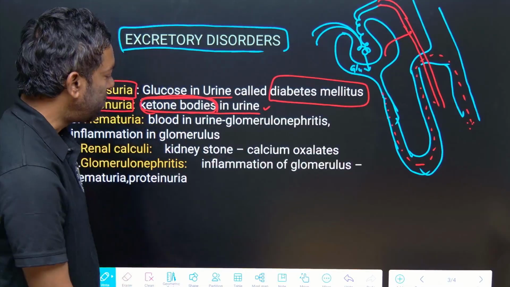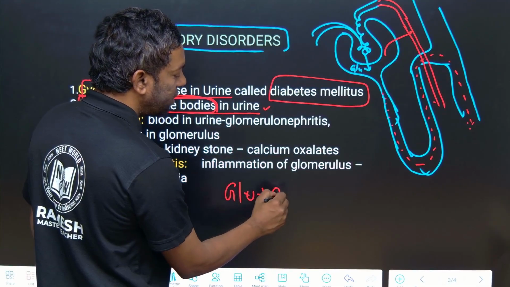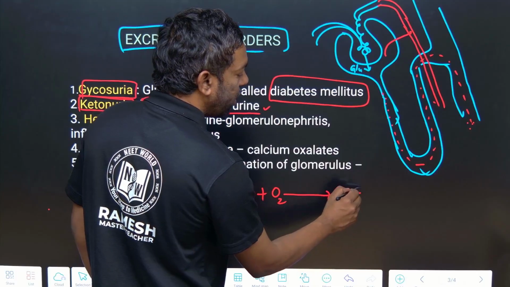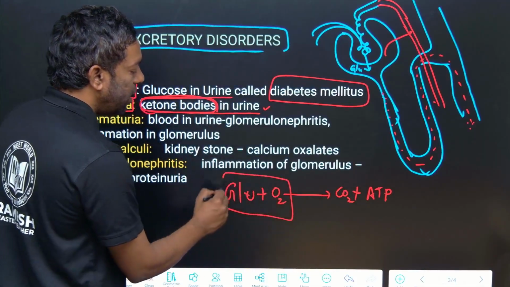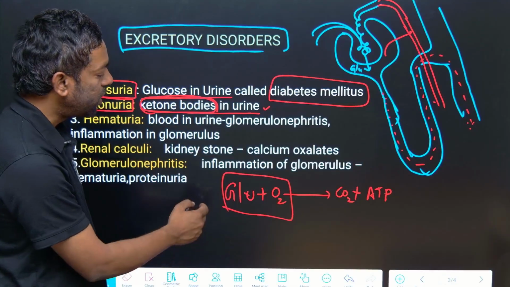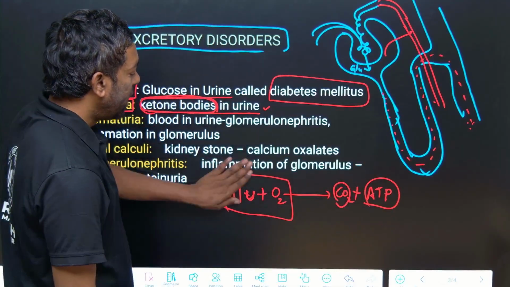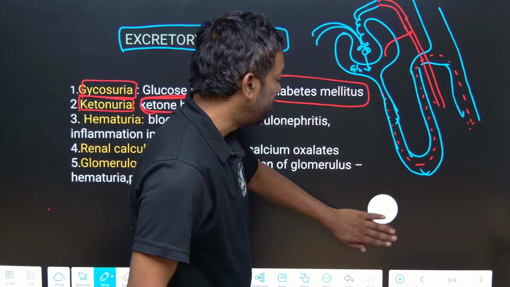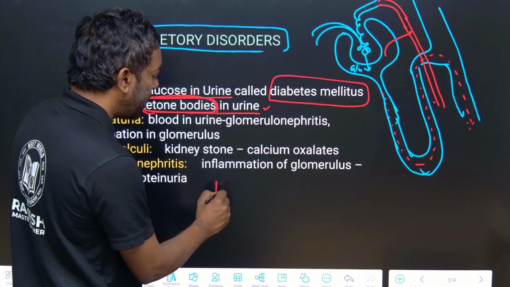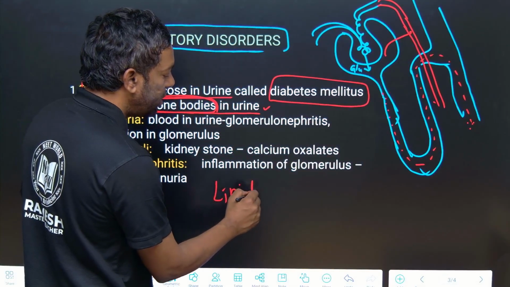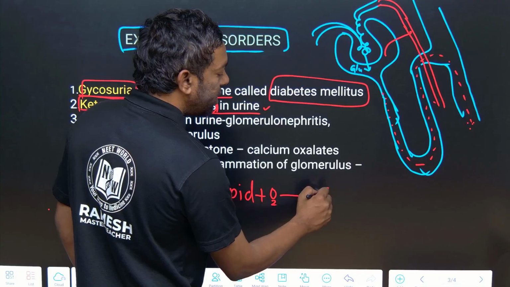Sometimes glucose in the presence of oxygen produces CO2 and as well ATP. Glucose is the energy material, which produces carbon dioxide and ATP. If there is no glucose available, some fats or lipids in the presence of oxygen burn and they make some ketone bodies